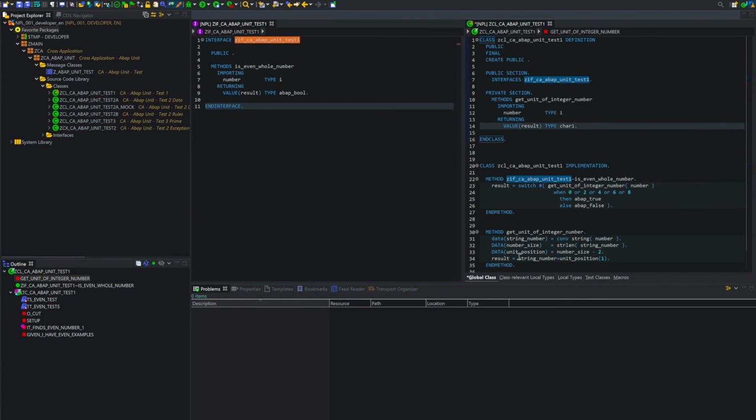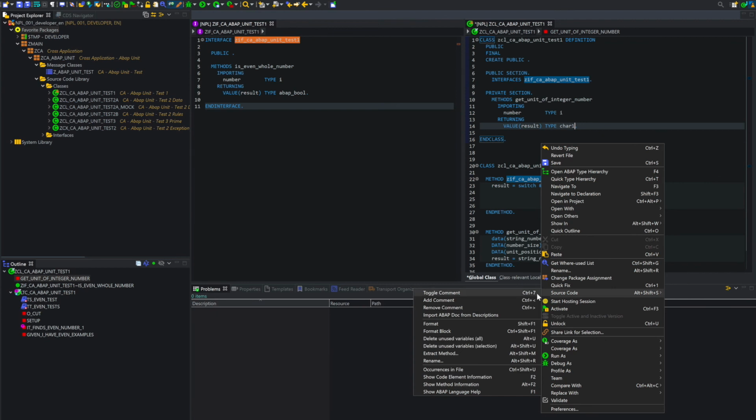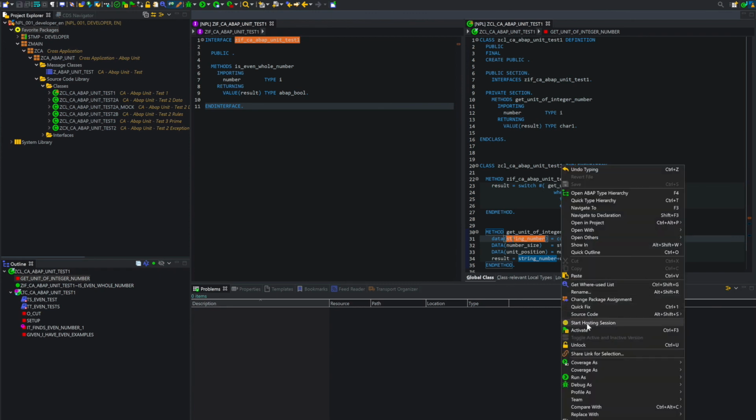When you want to save your code, because I have made a change, it's ctrl-s. If you want to activate, it's here, ctrl-F3.